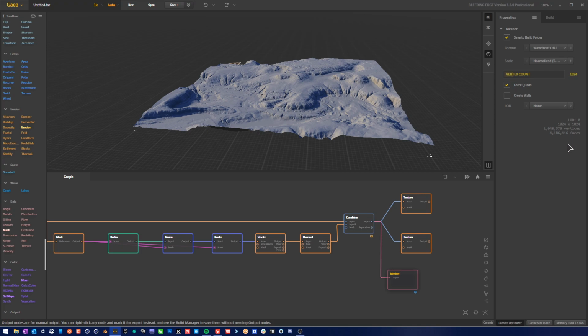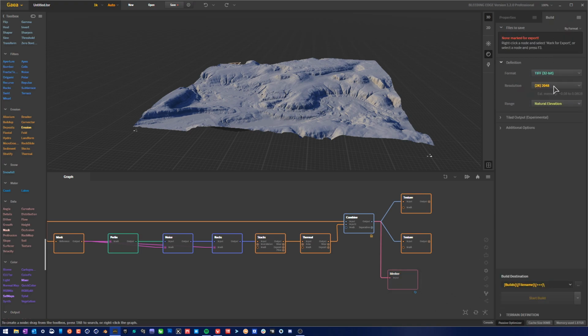We'll just set stuff up here, and then try to build this out. It'll take a long time to build everything else out, so we'll get back to that in a minute, but you have to have your landscape not marked for export to export as a mesh. But again, we'll get around to that. So, in short, to answer your question, the build tab and the export tab are two